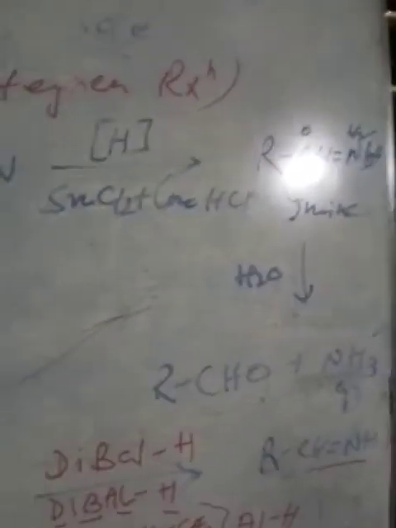Now another process. Aldehydes and ketones are a very important and somewhat large chapter. There are so many preparations and properties in this compound. Now another possibility is number 9.